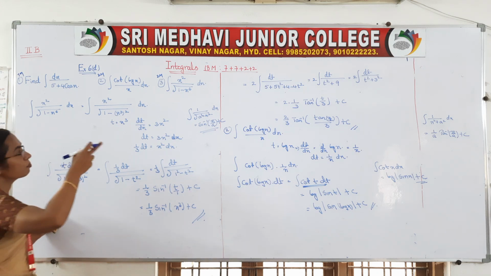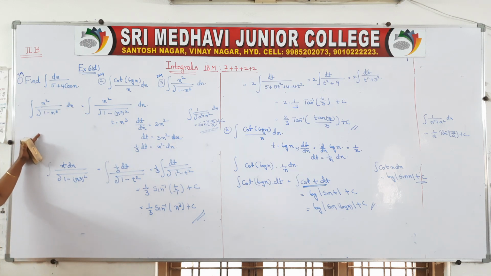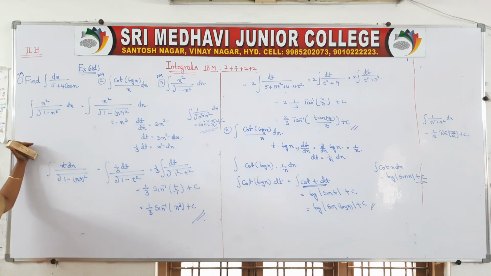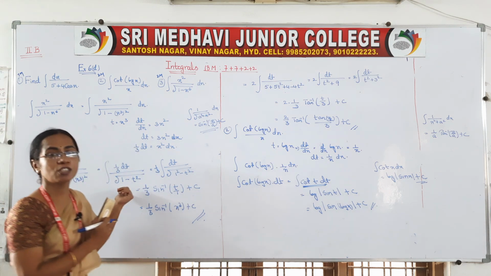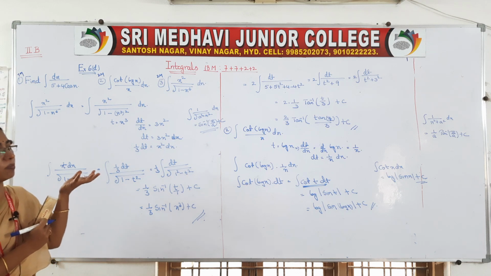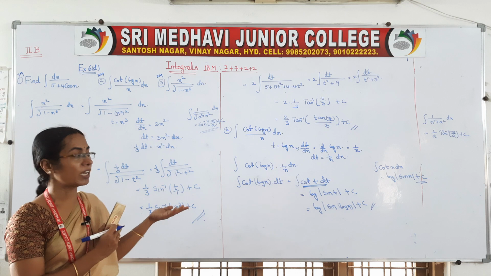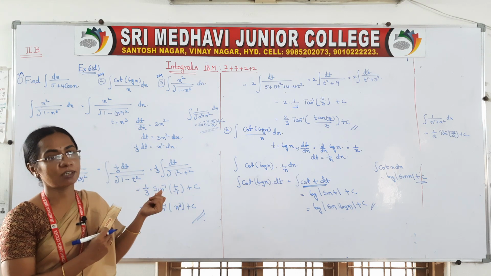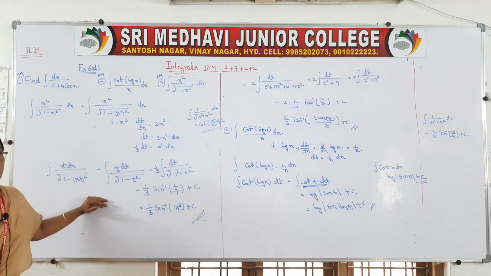Okay, so very simple. The first problem is a 7 marks question. The next 2 are 2 marks questions. First problem, whenever cos and sin are both there downstairs, you take t is equal to tan x by 2. And for the second, substitution. Even for the third also, substitution. If you observe the problem, if we take one value as t, after differentiation we will get another value, and after the substitution the problem will be in one of the standard forms. In both cases it happened like this, that's why we go for the substitution method.